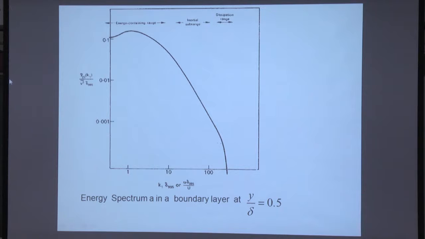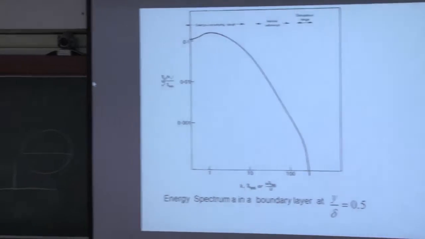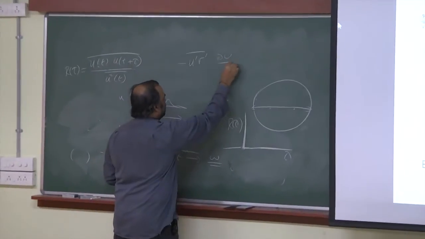I will not get into the details. Now, this region of the flow is the so-called energy containing range, depending on whether you are in a shear flow, turbulent boundary layer, or a jet or a wake or whatever. Depending on that, this depends on the boundary conditions of your problem. So the idea is that broadly speaking, this is how turbulent shear flow is. Why is it called a shear flow? Because